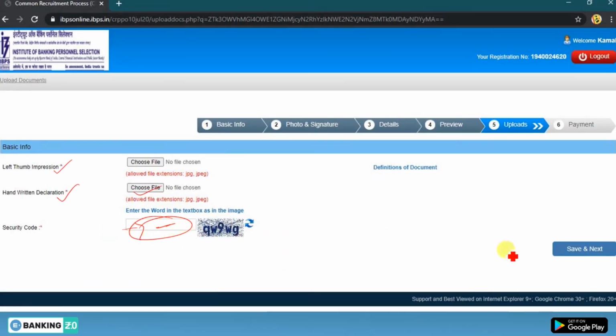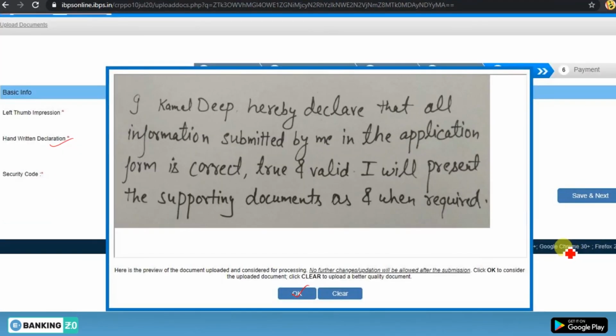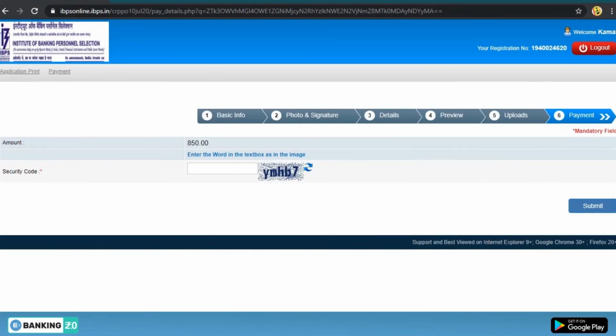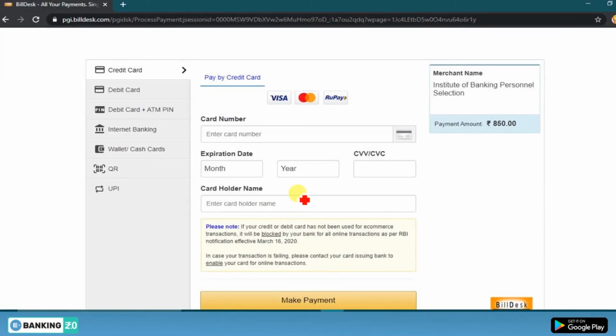Then click on save and next, and you will be redirected to this interface. In this interface you have to enter your security code, which will be given here, and click on the submit button. You will be redirected to the payment gateway.